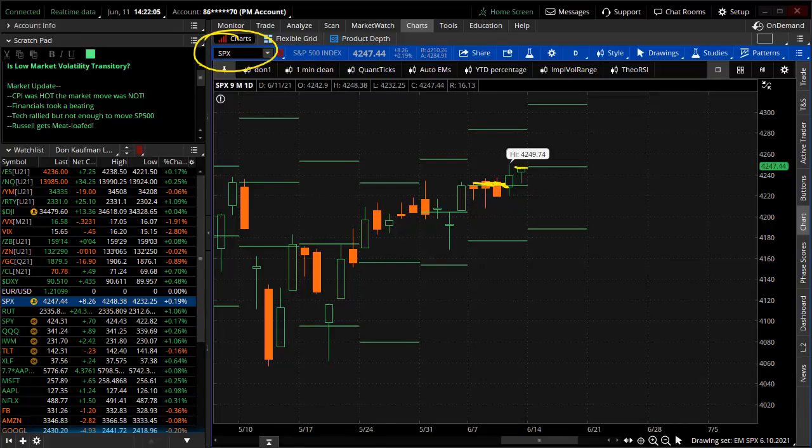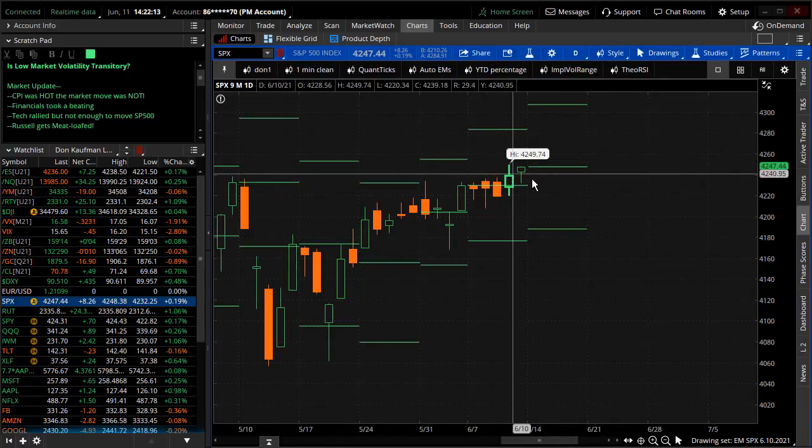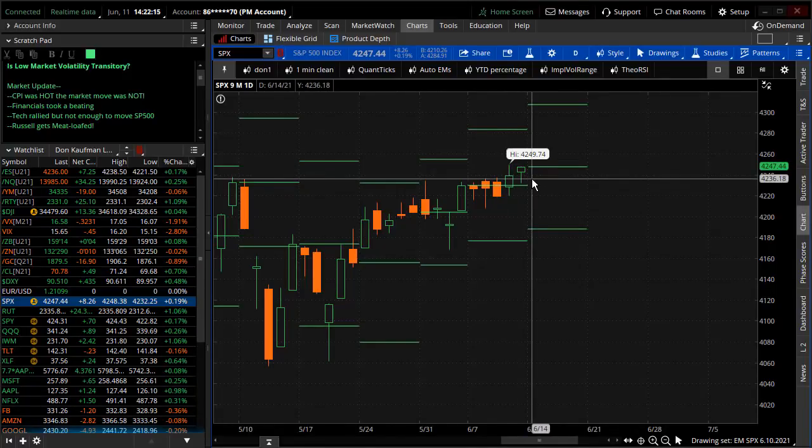Again, poking a little fun at the lack of movement in here. The marketplace roughly started the week at 42.30, closed the week at 42.47. You can call it a rally, you can call it anything you want. I call it inside of a 20 handle move, which is nothing more than noise in the marketplace. So the CPI came out, and again, inflationary data is hot right now, but that just puts the Fed much more on notice.